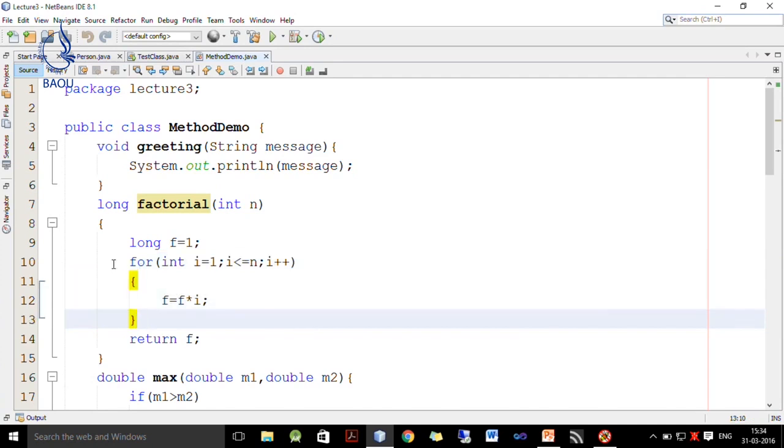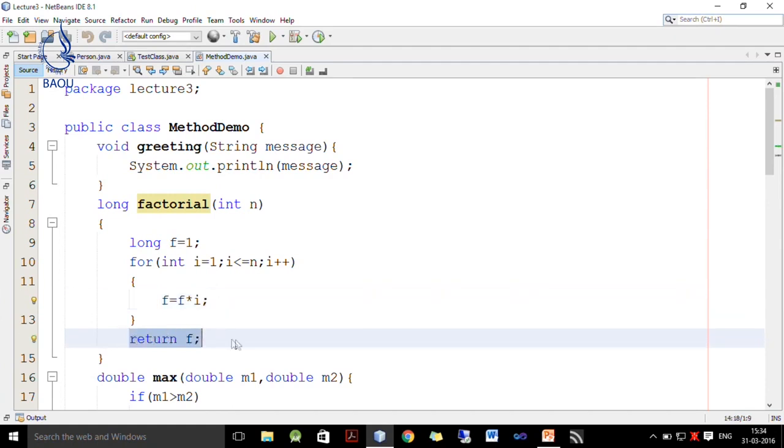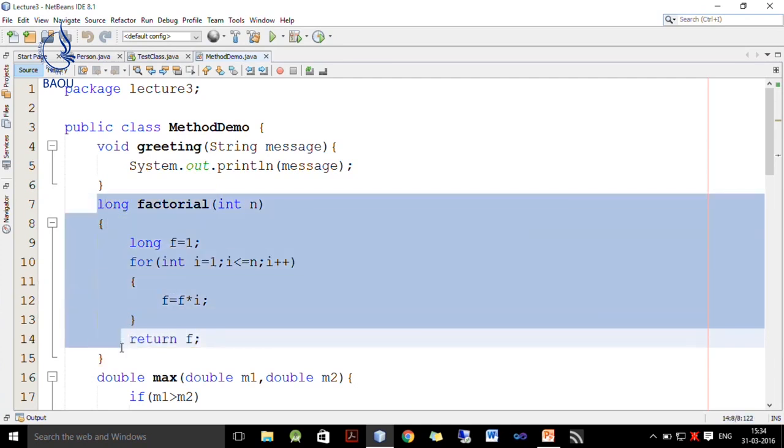So, I repeat this loop from 1 to n, and inside this I write f = f * i. Initially f is 1. So, first it is multiplied by 1, then 2, then 3, then 4 and up to n, and whatever value we get inside f is the factorial of n, and it is returned to the calling function. So, this is how this long factorial works.